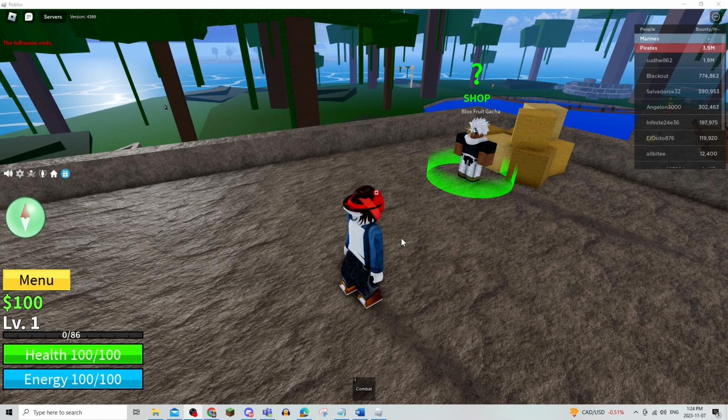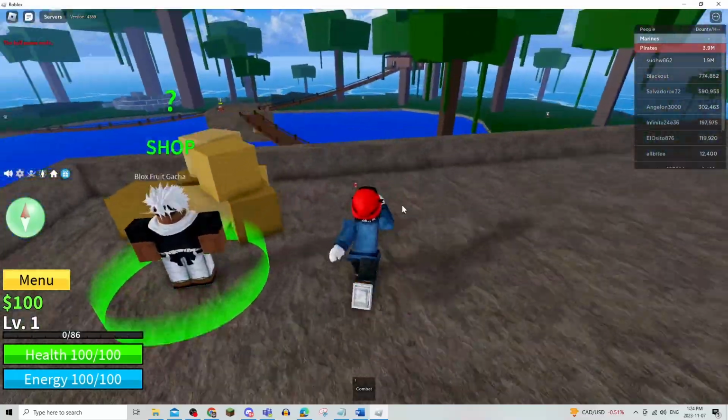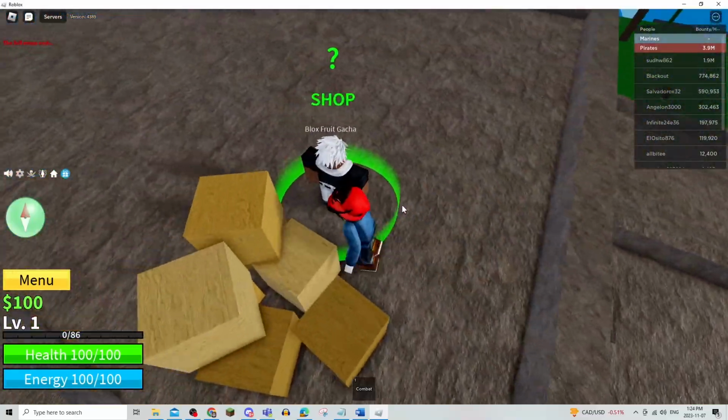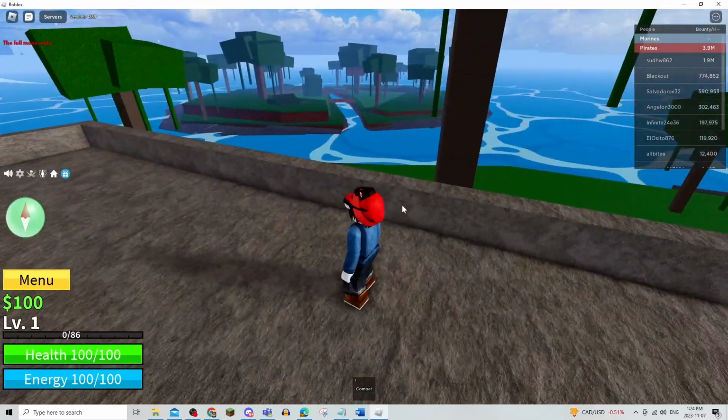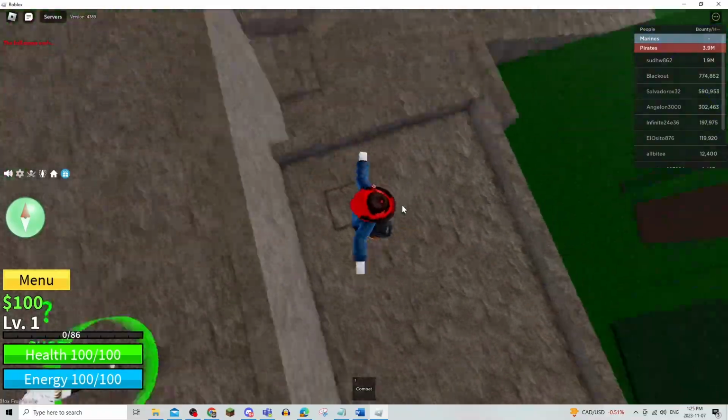In this video, I'm going to be showing you the location of all 5 green buttons in Blox Fruits on the Jungle Island, so be sure to watch this video until the very end to prevent any mistakes in the process. On the Jungle Island, if you go up to this Blox Fruit gacha, there's going to be one button